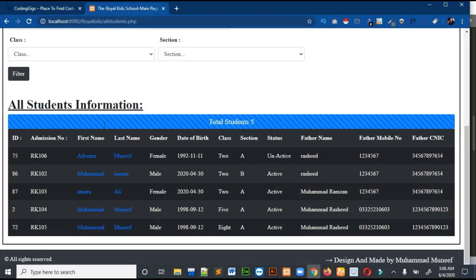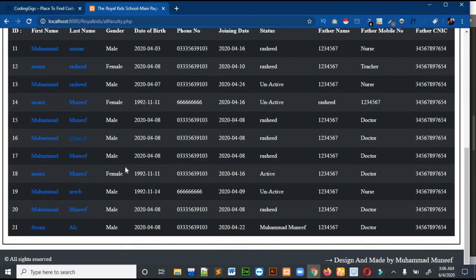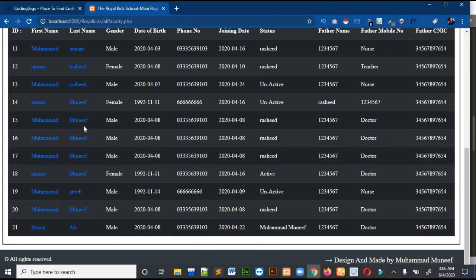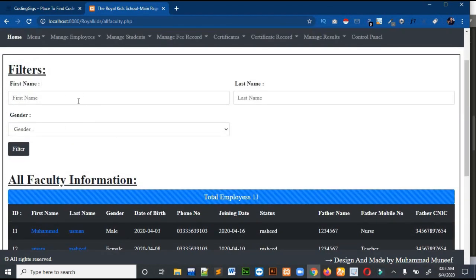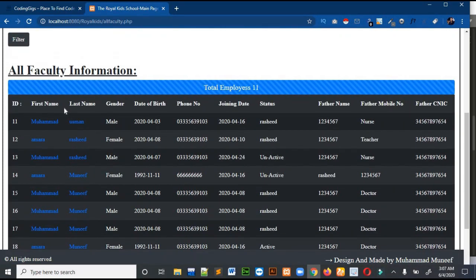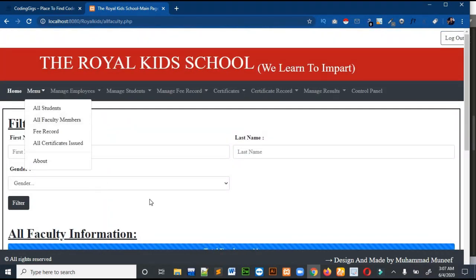The next thing I will show you is all faculty. All faculty is also the same. You can see that all student and all faculty are the same. Just the filters are fewer: in all student I had given 4 filters and in this I had given 3 filters. So you can remove the filters, you just have to remove the one input field. If you want to remove any filter, or give any new filter, you can just write a new input field. I hope you understand this code, and this also does the same. Whenever we click this, it will refer to a page and show the data of this employee. So these two pages are exactly the same.